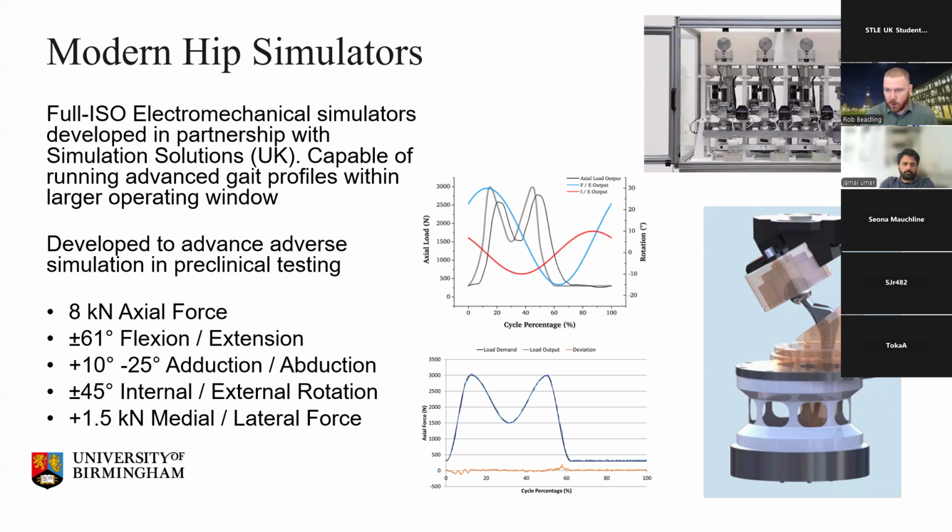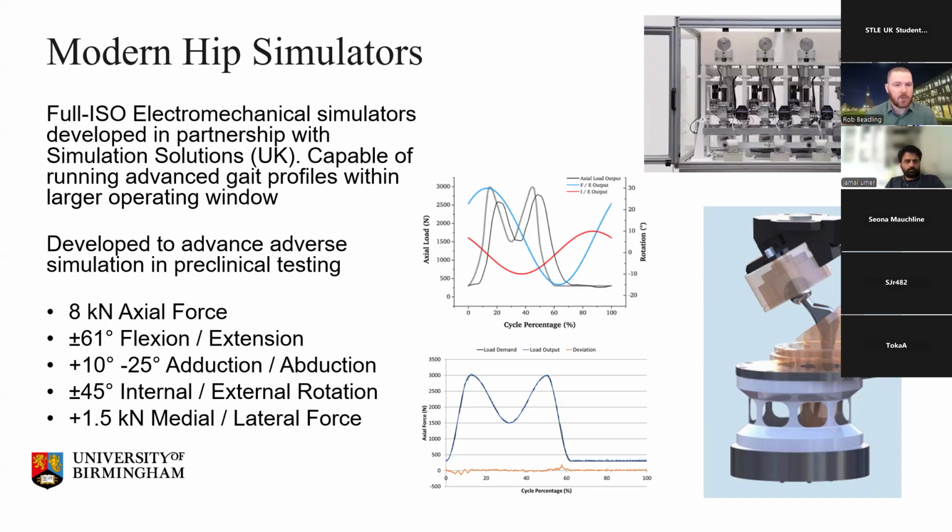That's not how we walk. We don't walk continuously forever. We go through different activities. We climb stairs, descend stairs, get in and out of chairs, jog, run, all the different profiles. Some of the most adverse and severe profiles that a hip joint in particular will be subjected to is just getting in and out of a car. That kind of deep flexion, deep leverage as you lever yourself out of a lowered car seat is fairly stressful